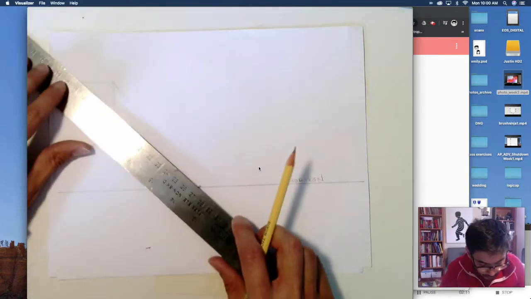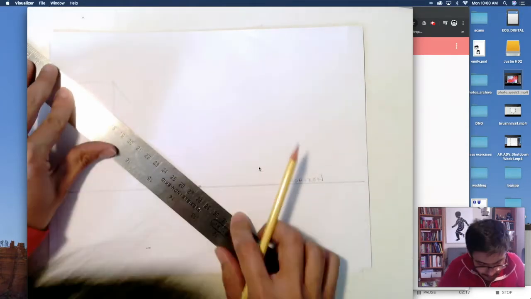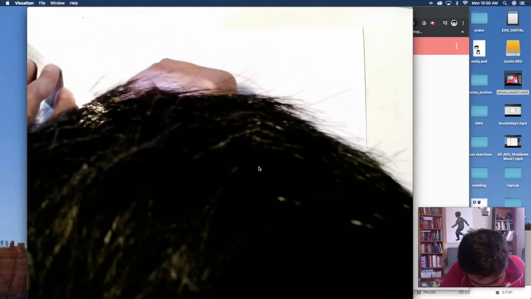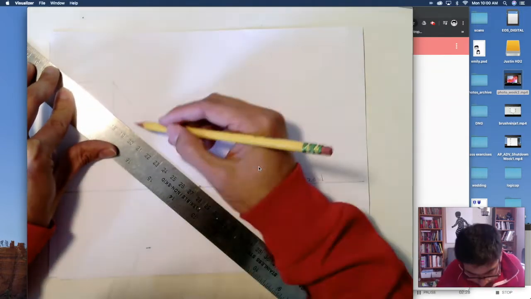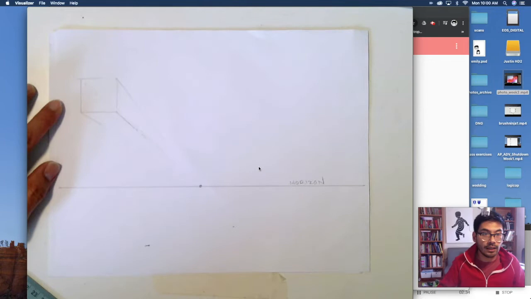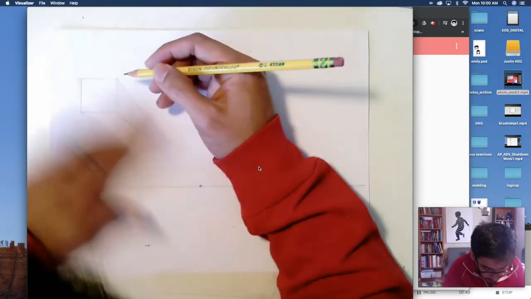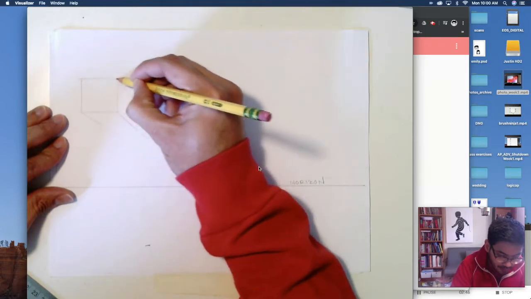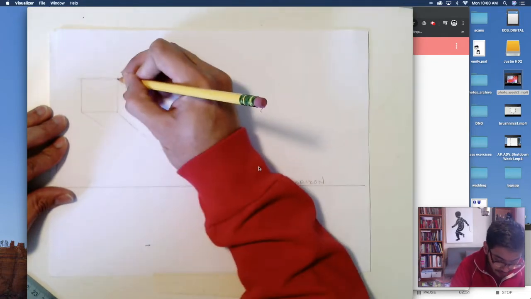Now this top left corner, again, is kind of blocked off by the shape itself, by the form itself. So we don't actually see it, but I will draw a dotted line just to show you that it is there. And that also goes to your vanishing point. A lot of you had trouble with the back edge. But again, we want to follow the same rules. So the back edge does what the front edge does,